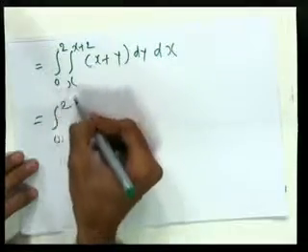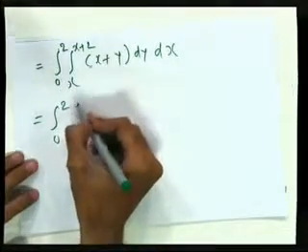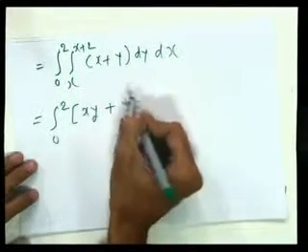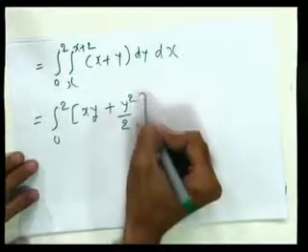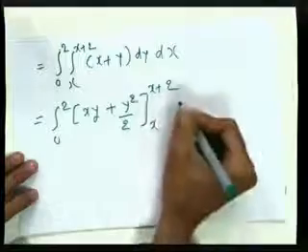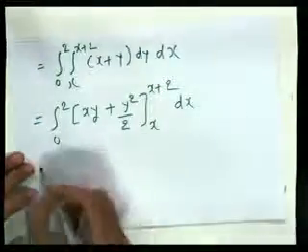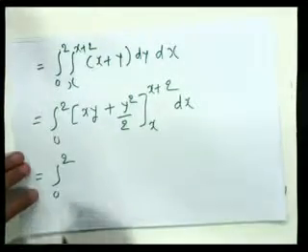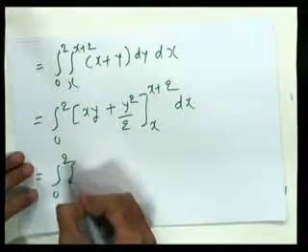First we will integrate this one with respect to y, so we will get xy + y²/2, with y from x to x + 2, dx, which is equal to the integral from 0 to 2. When I put the upper limit